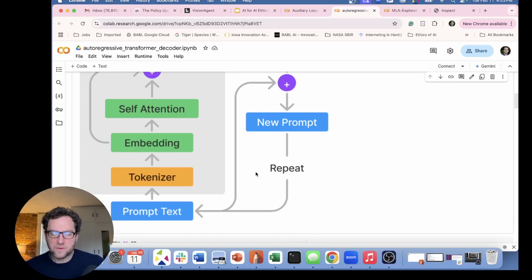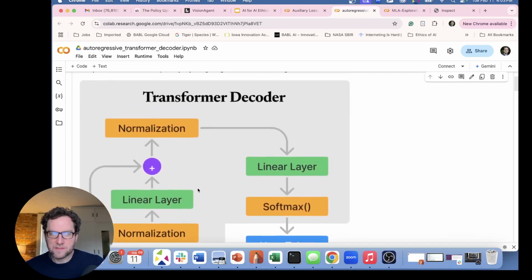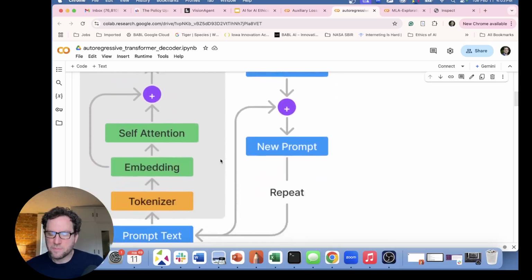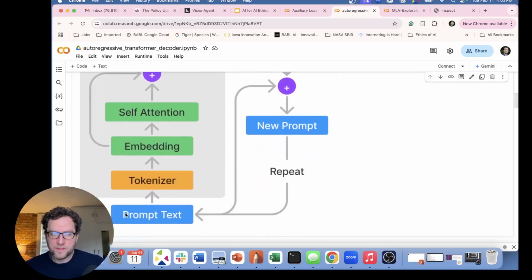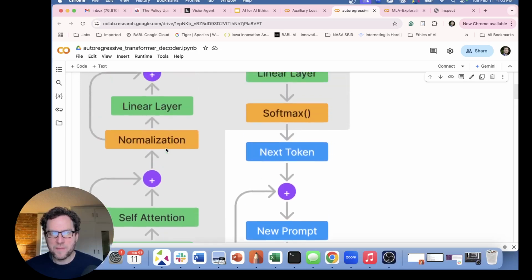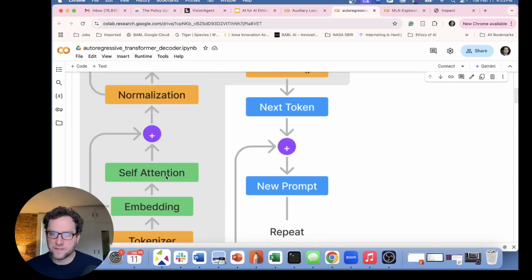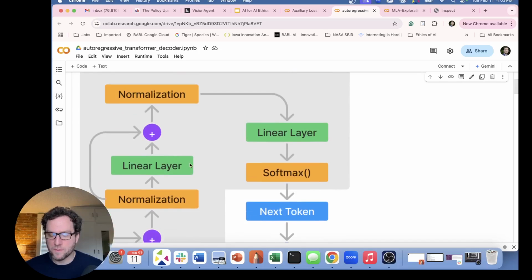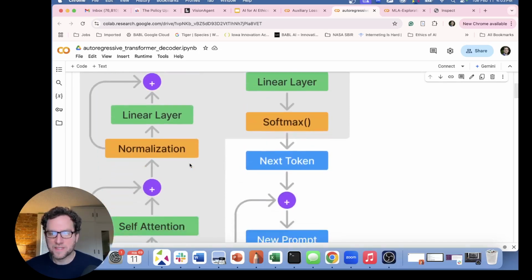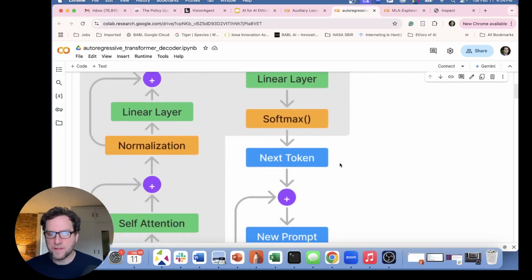But in essence, to sum up what I talked about last time, these chat models are really, at the base of them, this model in gray here, which is a bunch of mathematics. I'm going to type in a prompt. That prompt is a bunch of letters. It's going to get tokenized into numbers. Those numbers will get embedded, turned into a big list of numbers called embedding vectors. And then there's going to be some mathematics, which I skipped in the last talk, called attention. This is called a transformer. Don't worry about that. But basically what happens at the other end is I have a probability distribution for the